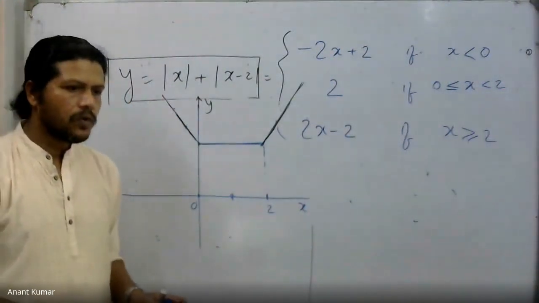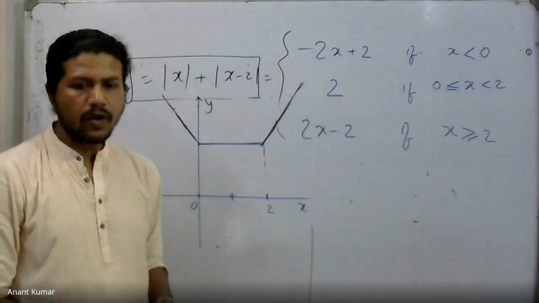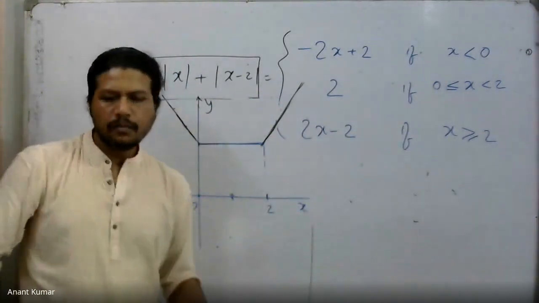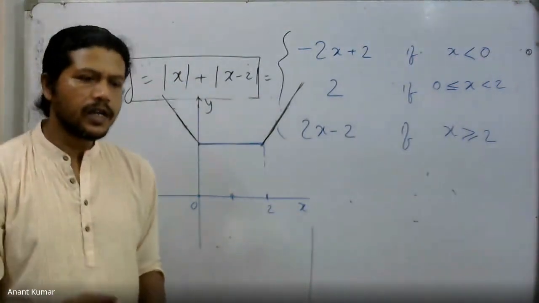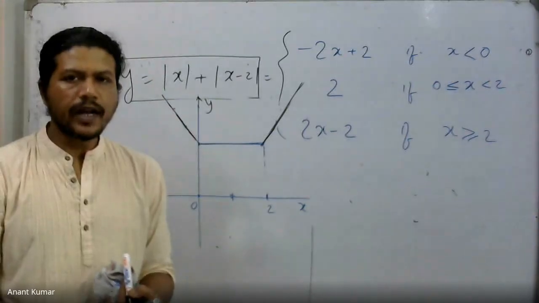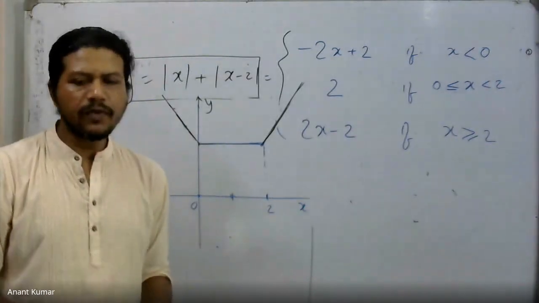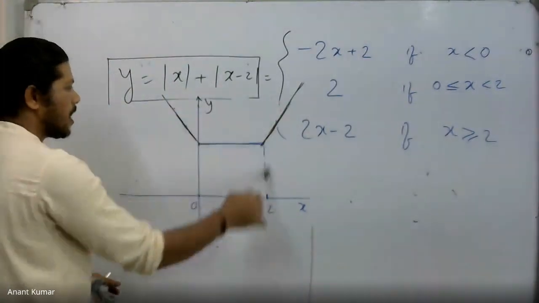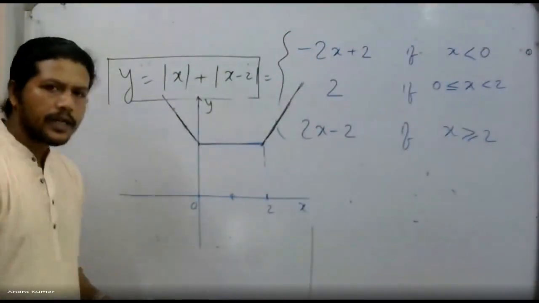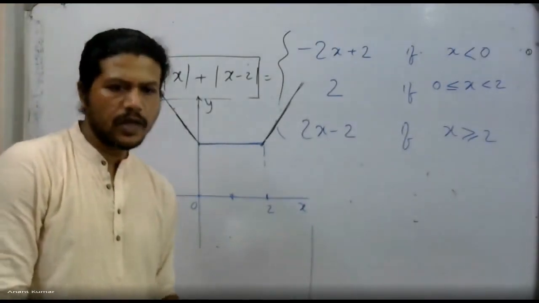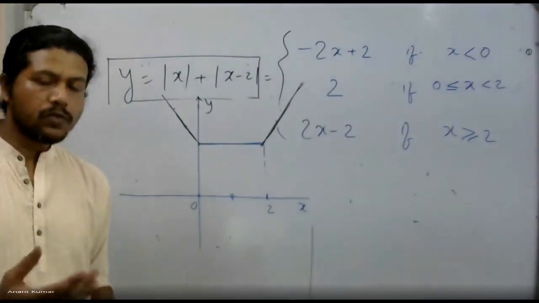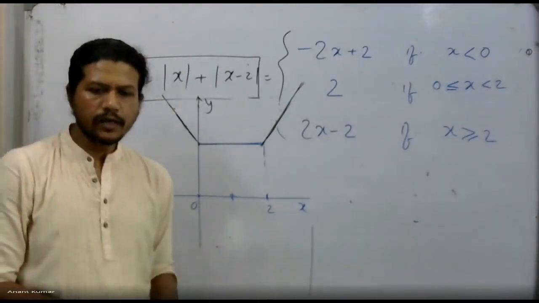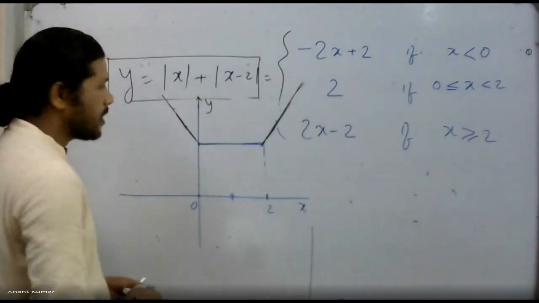I said that you can take the vertical line test. You draw a vertical line, translate it along the x-axis, basically implying that you draw any vertical line. It should cut the graph at most at one point. Then it is going to be a function. In this case, if I draw a vertical line anywhere, it will cut the graph at exactly one point, and that is why this is going to be a function. Had it intersected 2 points, for example, it would not be a function. Is it okay? I hope it is fine.